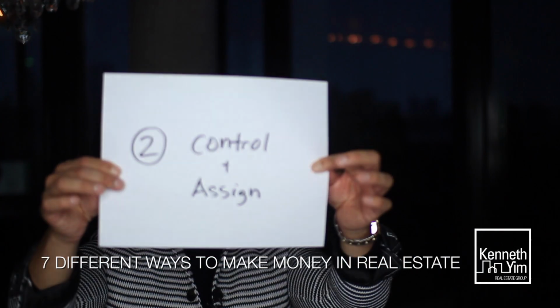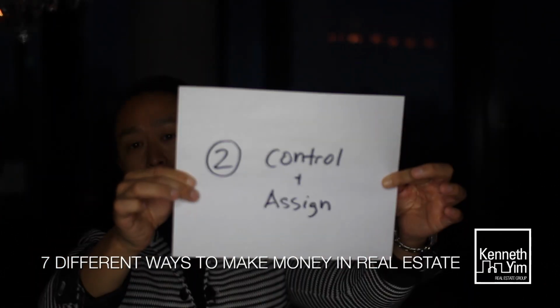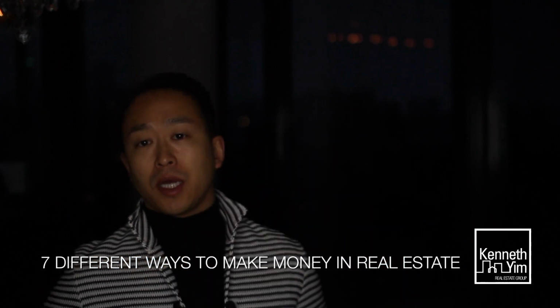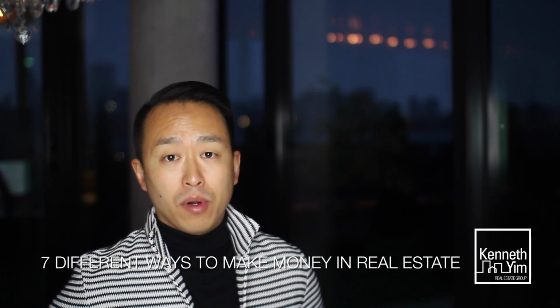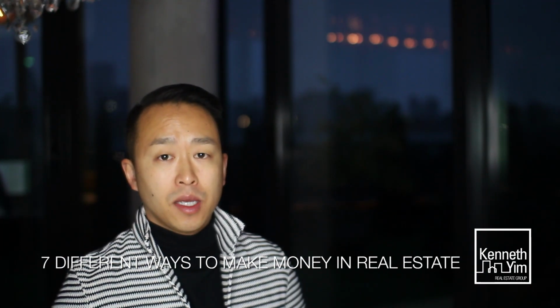Number 2 would be controlling and assigning. Now, these are a little bit difficult to come across. I mean, really you're flipping the paper and not the actual property. And I caution you because for tax purposes, you'd be paying business tax, not capital gains tax. Talk to your accountant about that, but it's a great way to make some money